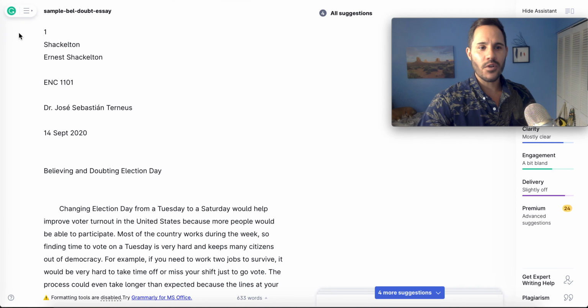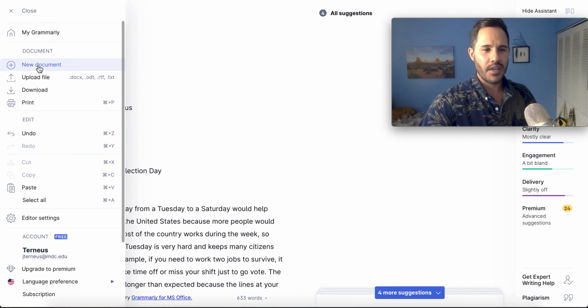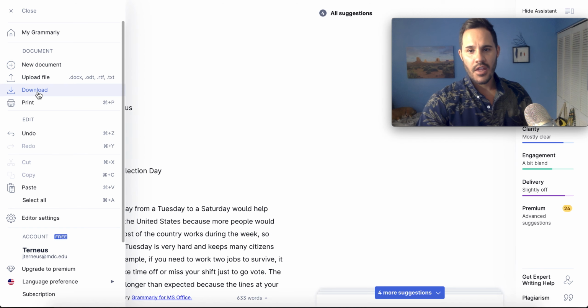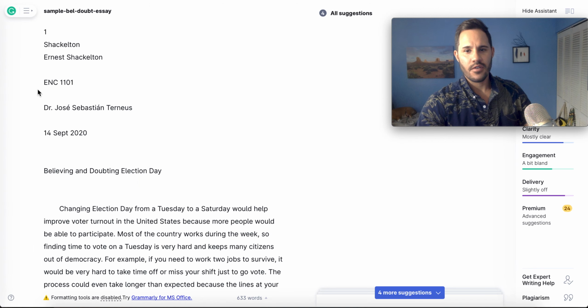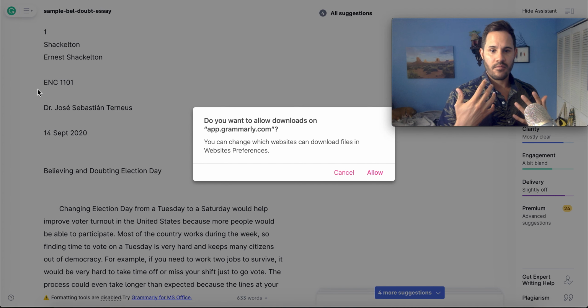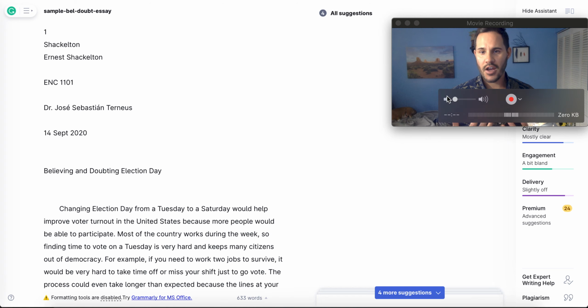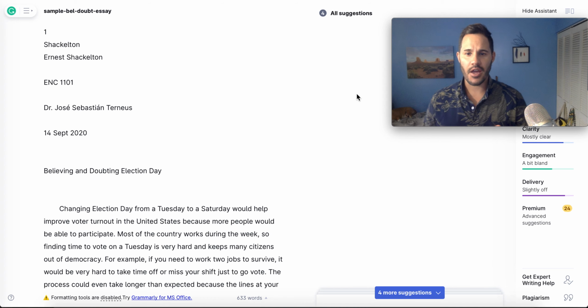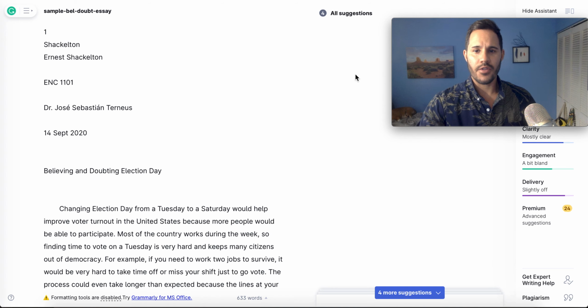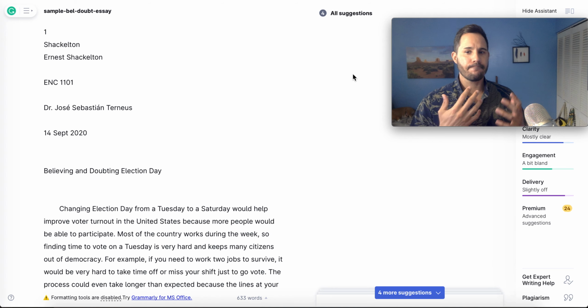You can close that, and once you're done, what you want to do is go back to the same menu, hit download, and then you will get the file corrected and you will download it. So you can hit allow, make sure it's downloaded, and then that file will be downloaded to your computer, and it'll be corrected, a much better version of what you just did initially. So you'll have a better chance of getting a better score, and of the reader understanding your writing a lot better. So this is something that I recommend for all y'all to do within your writing for the first drafts,